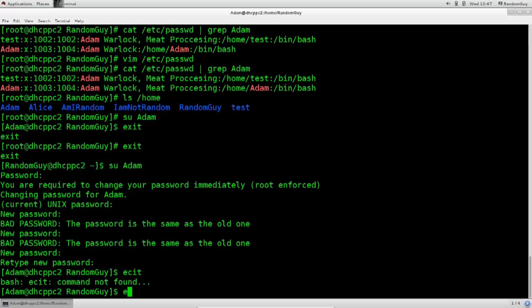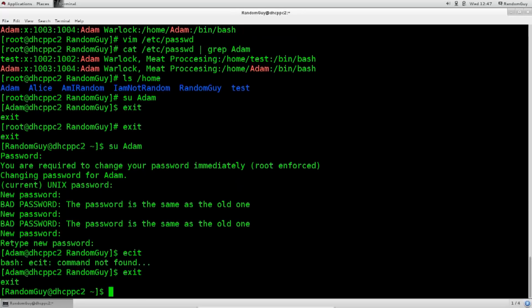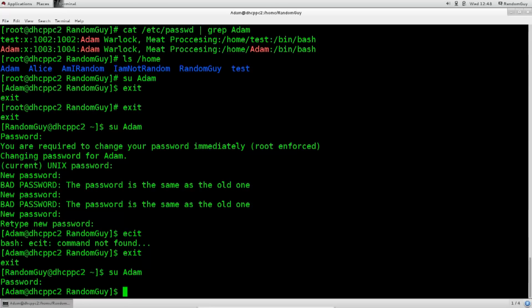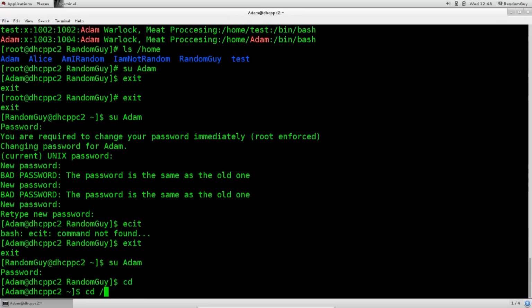Oops, sorry. Not exit. su Adam. Let's go ahead and type in the password one more time. There we go. What I wanted to do is change directory. So change directory